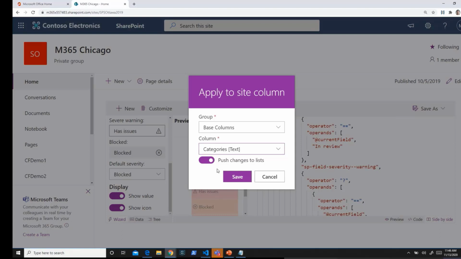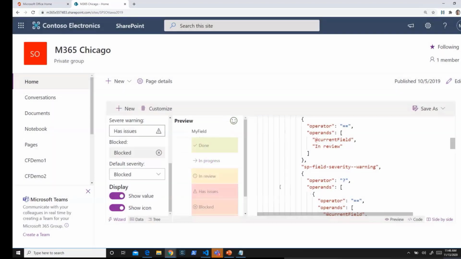And I've always recommended this to many of my customers as well, where if they are worried about Visual Studio, they can just use this as part of creating that formatting for list and column formatting here. So when it comes to tooling, there are various options that you should consider,